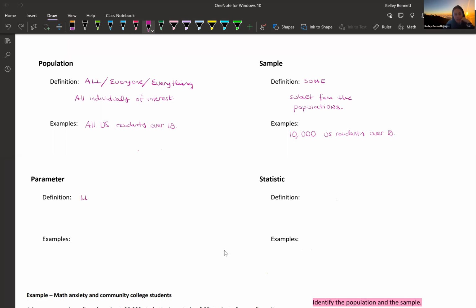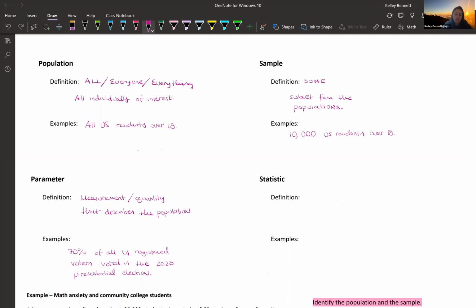So this is just going to be a measurement or a quantity that describes the population. So maybe I would say something like